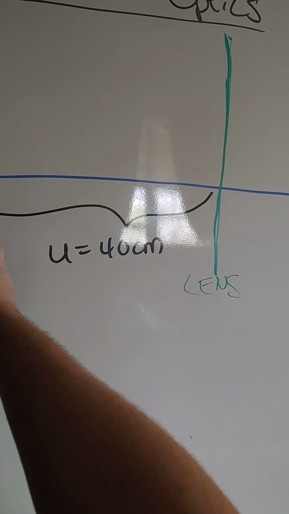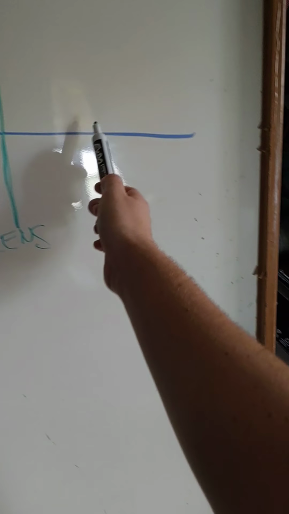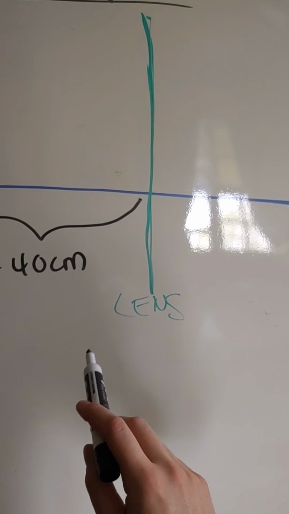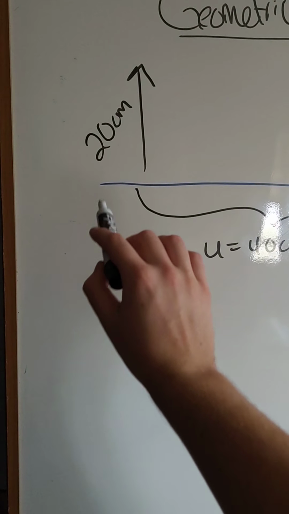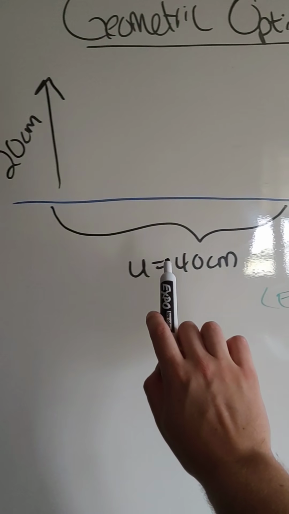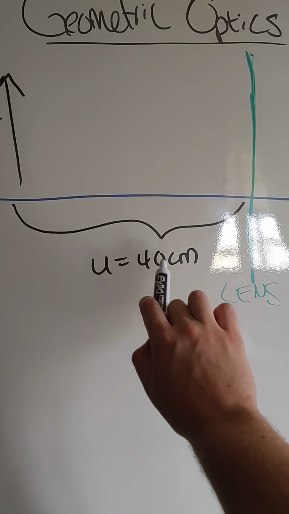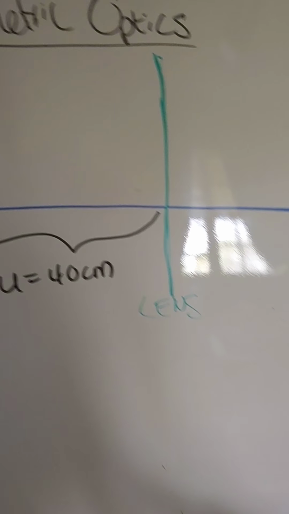So back over here at the board, I've got my little chart already drawn. This first blue line here is going to be our ground line, and the green here is a lens. The object is 20 centimeters tall, and the object distance is going to be 40 centimeters. Before we move any further, other information that is good to know: